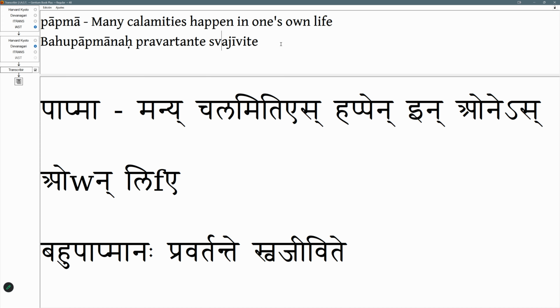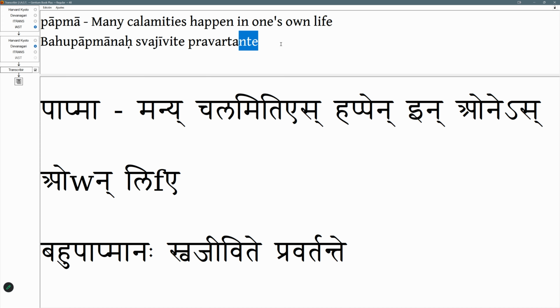And yes, it's correct. Here, visarga in front of pa, no problem. A in front of sa, no problem. In general, I prefer the verb at the end. En general, prefiero el verbo al final. Yes, but this is my preference. Eso es mi preferencia, because in ancient times, they put the verb at the end. En tiempos antiguos ponían el verbo al final. You can put pravartante at the beginning. Pueden poner pravartante al inicio. But it's not usual. No es usual. In general, you see at the end. En general, ven al final.